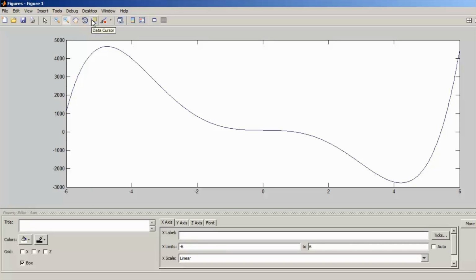Now let us see this data cursor. So this data cursor allows us to select any data point on it and it will show its value. Like on X it has a value of -4.78 and on Y it has a value of 4649. Now we can color this or we can select this data.